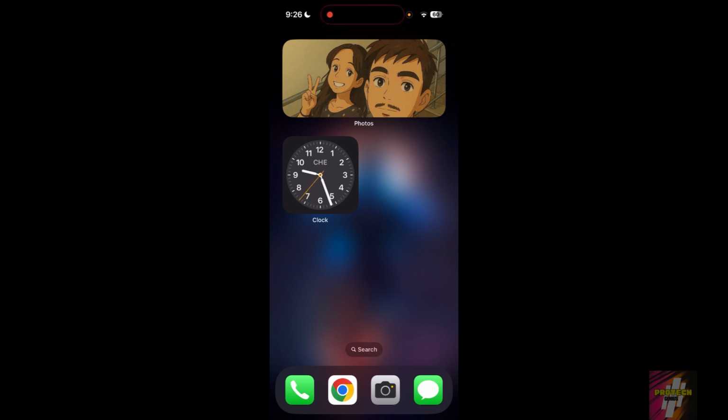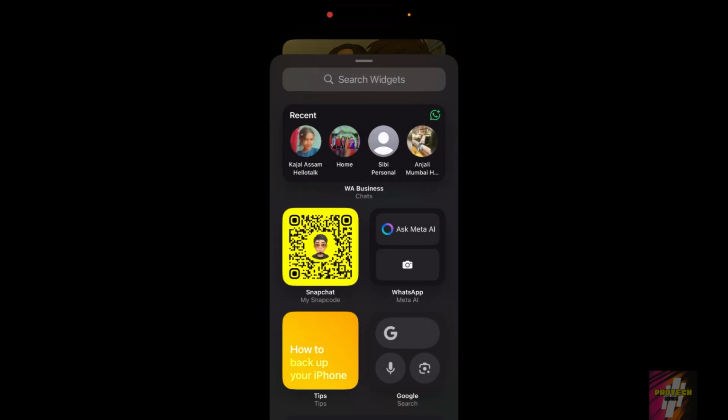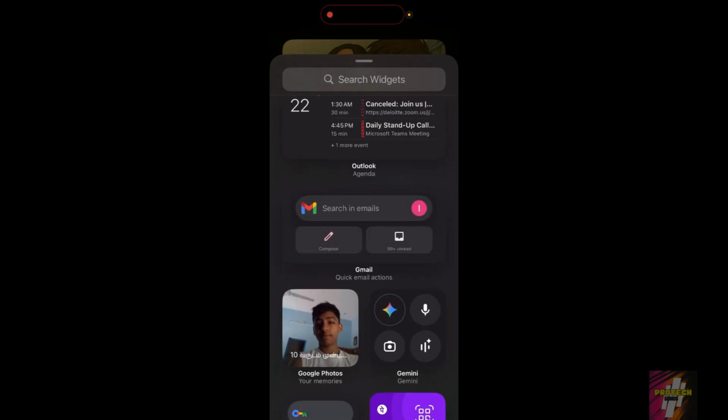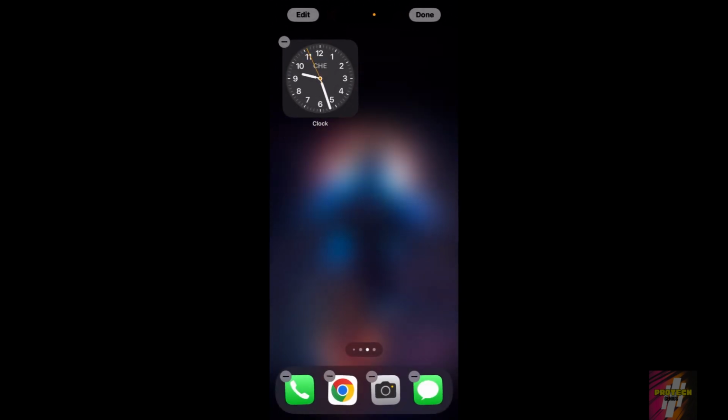The second step is going to be to add the widget to your home screen. In order to do that, you have to long press on your screen. You reach this page, and here you have to click on the edit button at the left corner, and you have to add the widget. As you can see, this widget is not available right now because I already added it to my home screen. I'll just remove it. Now if I go here,